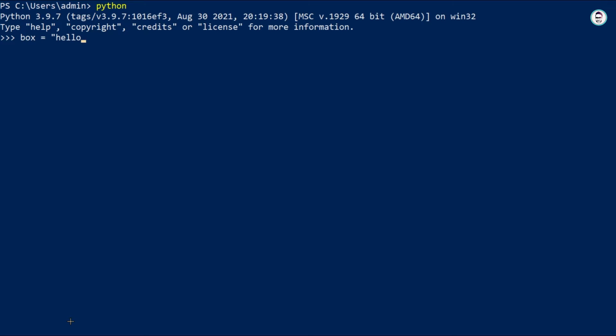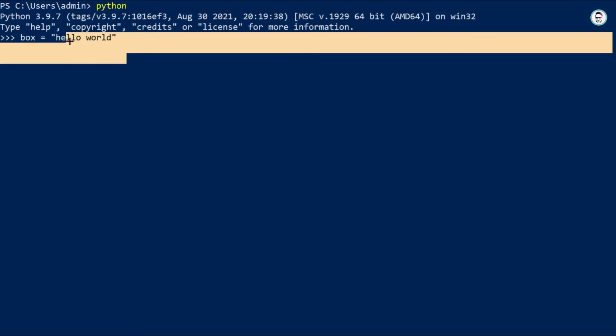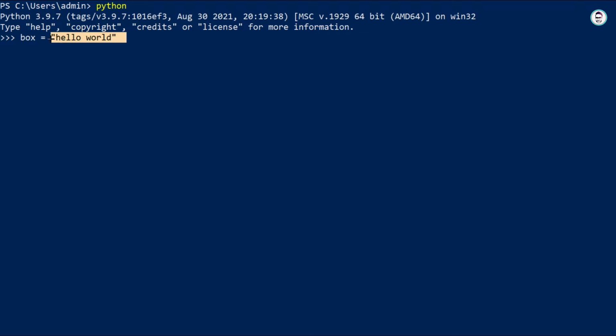hello world. Hello world here is a string. A string can be written in double inverted quotes. So this variable can be used when you don't want to write a whole string again. You can just assign the value of the string or any number, like number is equal to 1234.